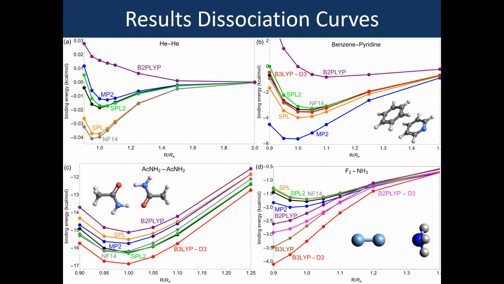What level of theory is it? It's coupled cluster singles, doubles and perturbative triples, CCSD(T). So I think that's the gold standard in wave function based theory. And for the basis set, I have